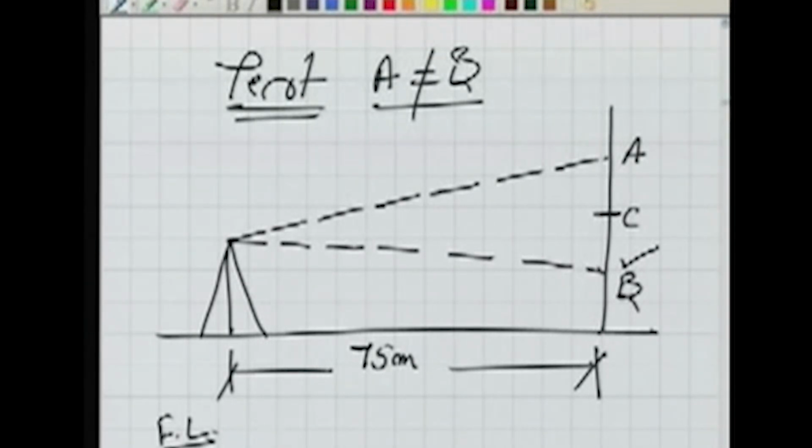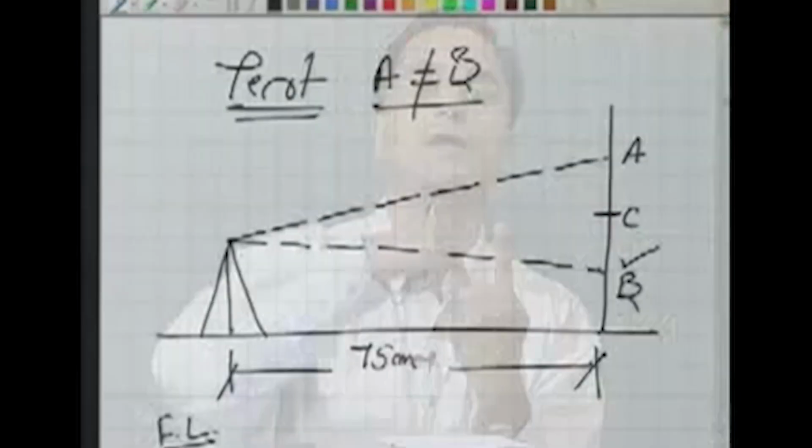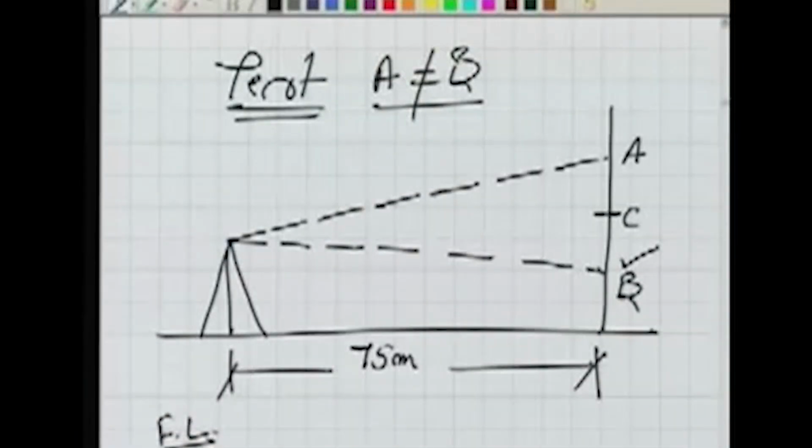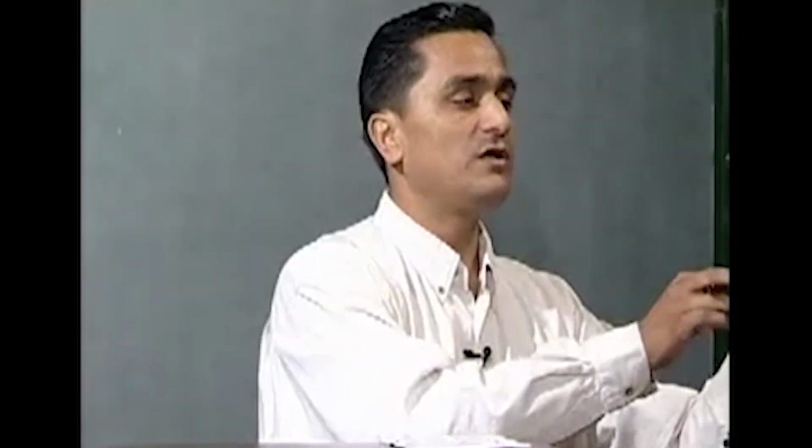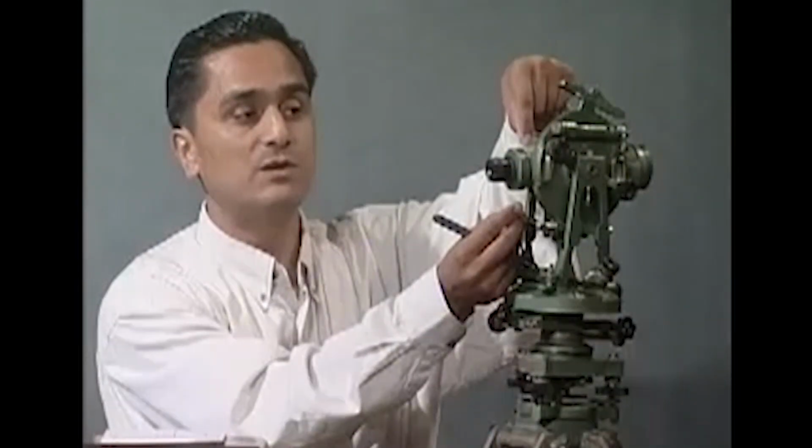We know this particular error is because of shift of the horizontal hair. In the ideal case, the horizontal hair should have bisected the point C, but it is not bisecting it. So what we do now, we have in our instrument some facility called the Keston screws, by which we can move the diaphragm up and down. So the entire diaphragm,